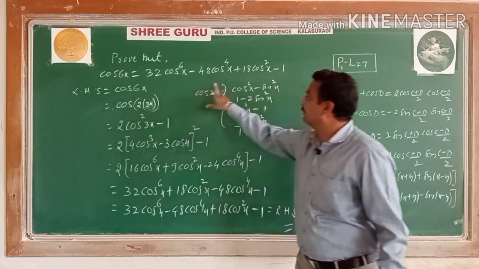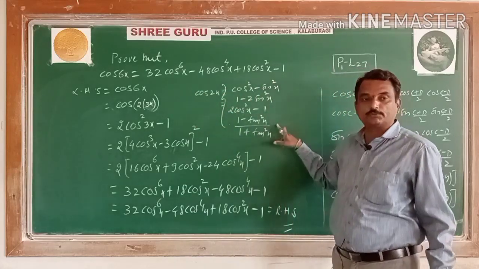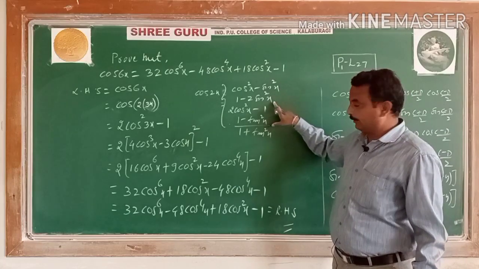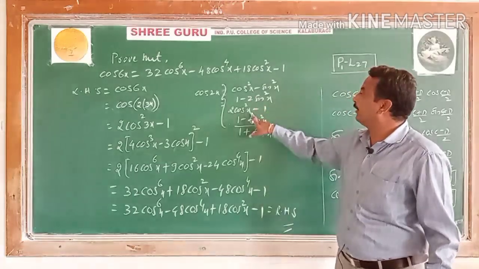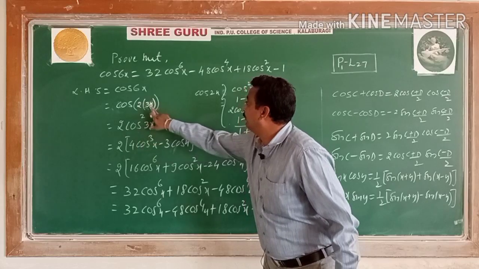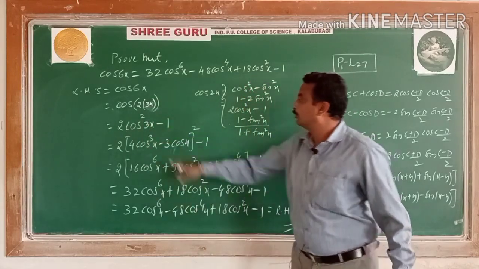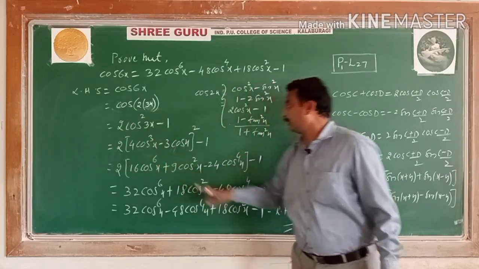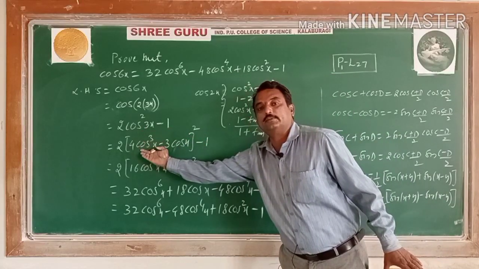Then this 3x. See, this is a cos 2x. Cos 2x has 4 different forms of formulas: first one in terms of cos square x, sin square x, in terms of sin, in terms of cos, and in terms of tan. Here we have considered in terms of cos, 2 cos square x minus 1, where x is 3x. Then this is 2 cos square 3x minus 1. This is the formula of cos 3x. Here we have substituted 4 cos cube x minus 3 cos x, the cos 3x formula.